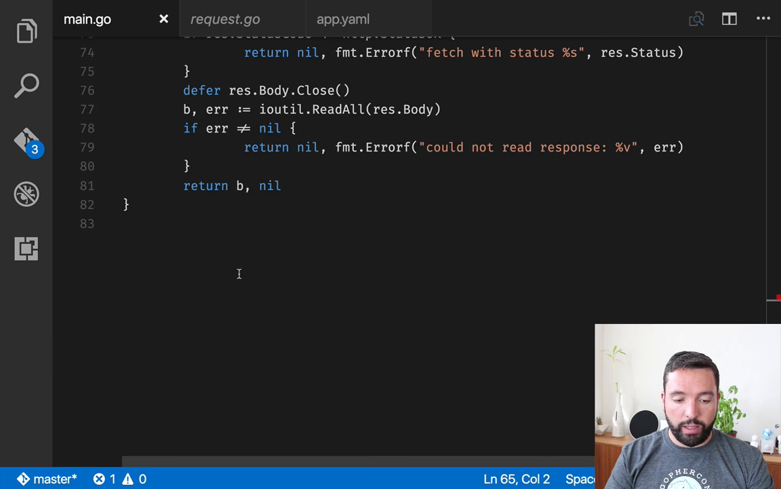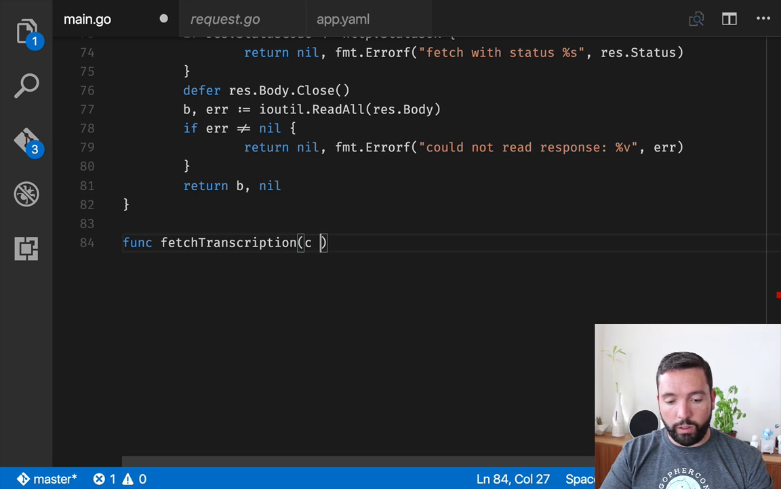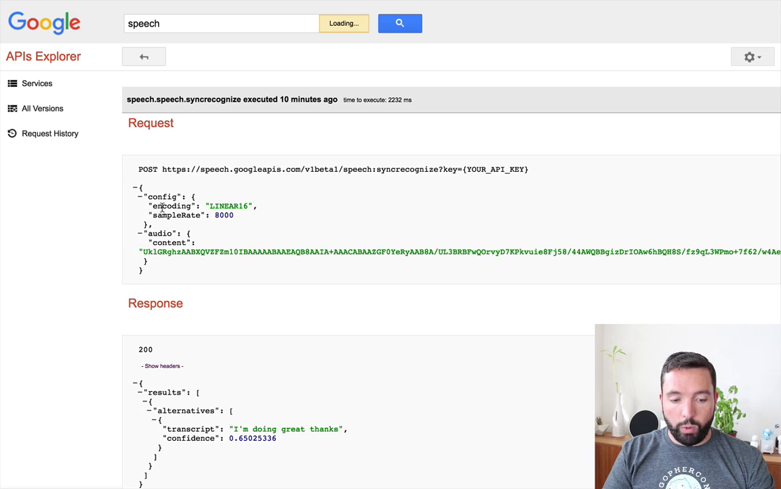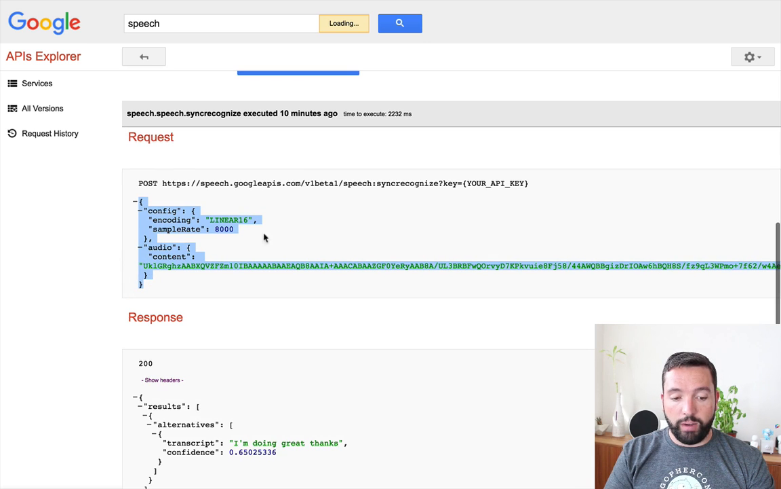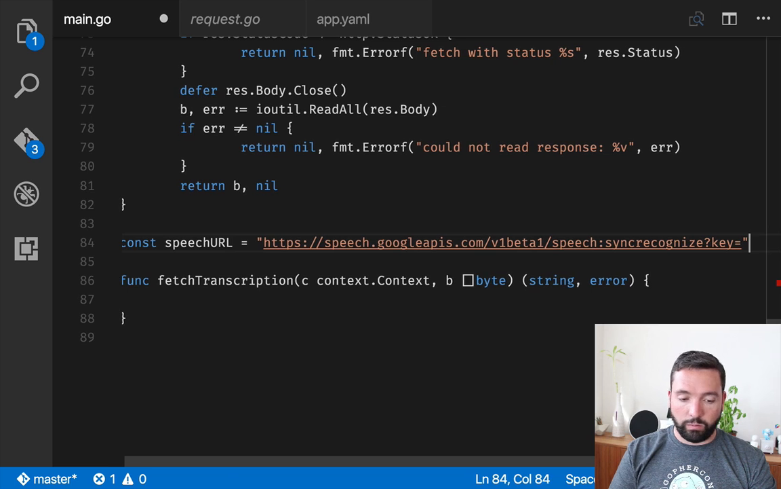Cool, so now let's define that function. fetchTranscription, context.Context, and content of bytes, and that will return a string and an error. We want to send basically this JSON file to this URL. So what I'm gonna do is I'm gonna put the URL here. So const speech API, speech URL is this thing,